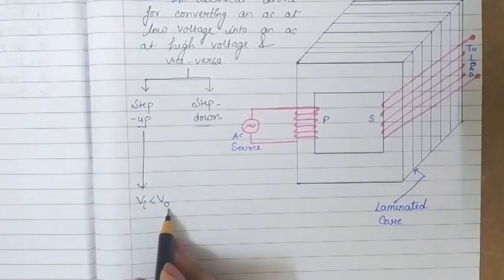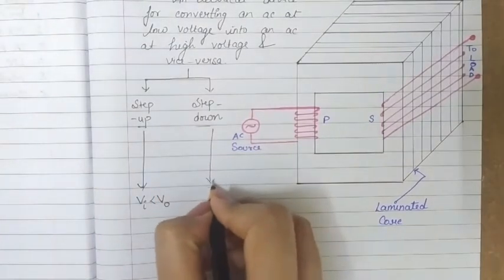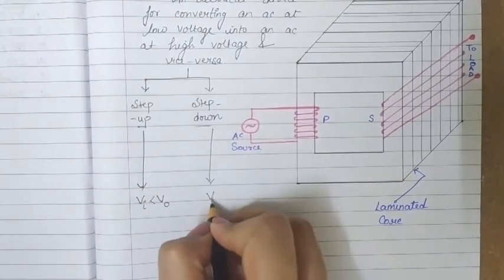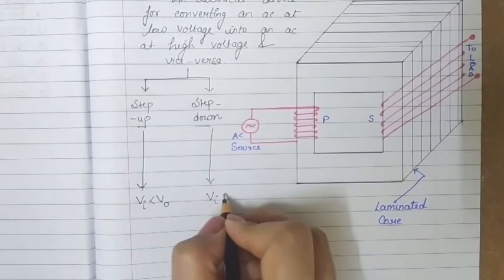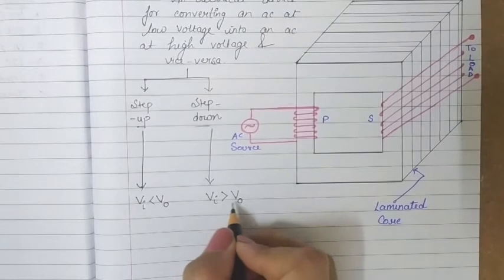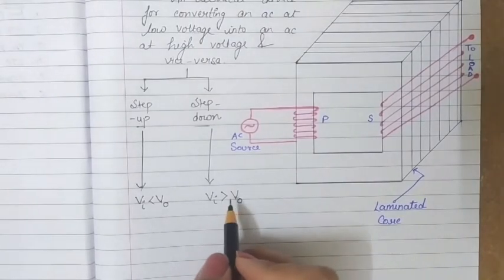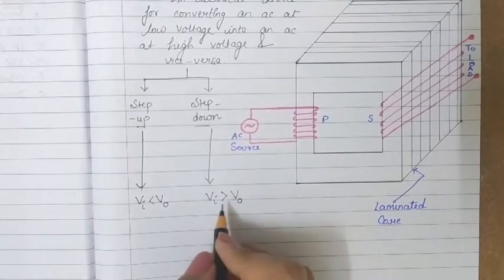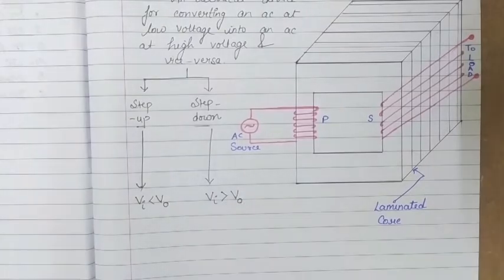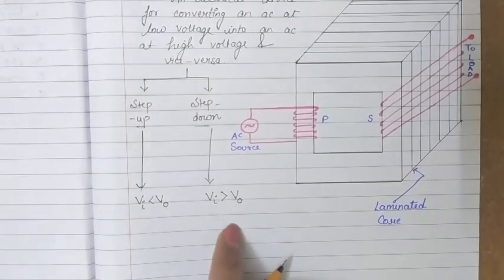Or in short we can say that in step up transformer, input voltage is less than output voltage. Output voltage हमें ज़्यादा मिलता है in case of step up transformer, while in case of step down transformer, output voltage is less than input voltage, or input voltage ज़्यादा होता है as compared to output voltage. That means this transformer will give us the voltage after reduction, reduce करके हमें output में voltage देगा. Then such transformer is called step down transformer.